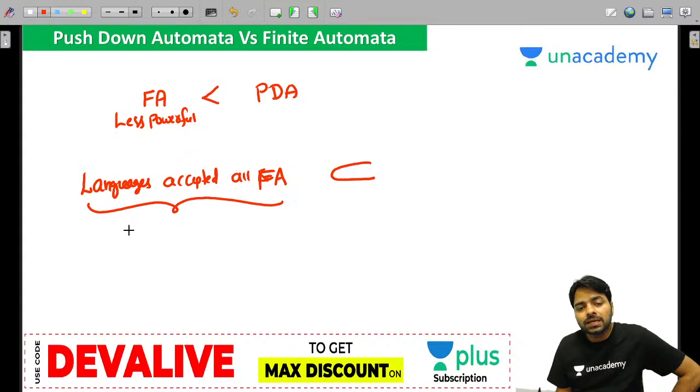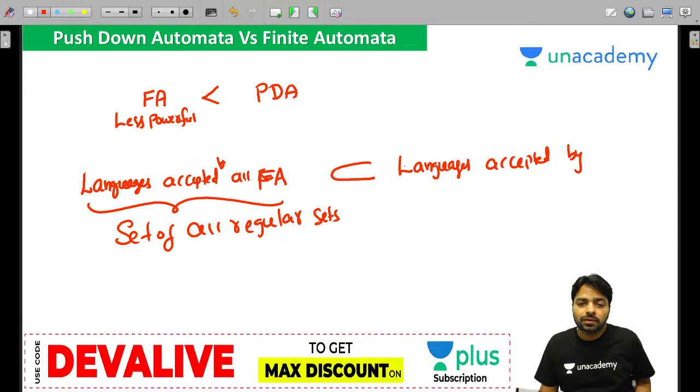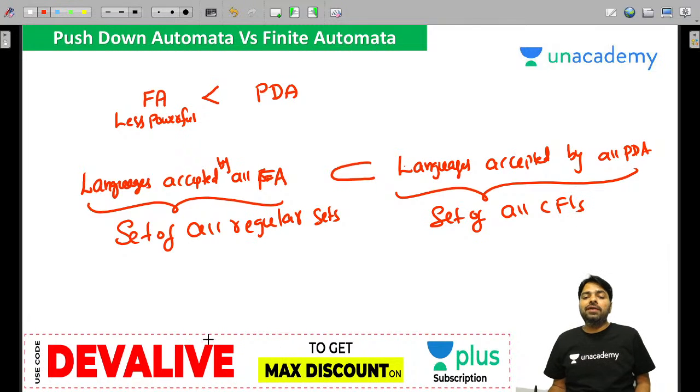This is called the set of all regulars. It's not one regular, remember that. The set of all regular sets, because for each regular set we have a finite automata, is inside the languages accepted by PDAs, accepted by all PDAs, we are talking about not one PDA. And this is called the set of all context-free languages. If you look at that, every regular